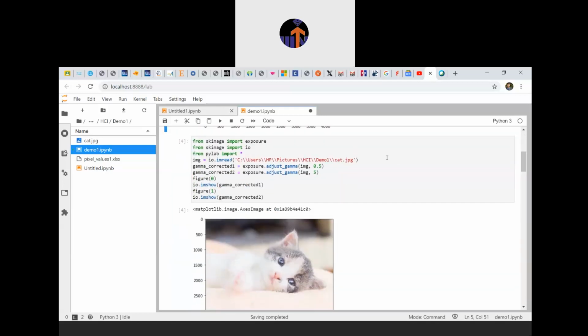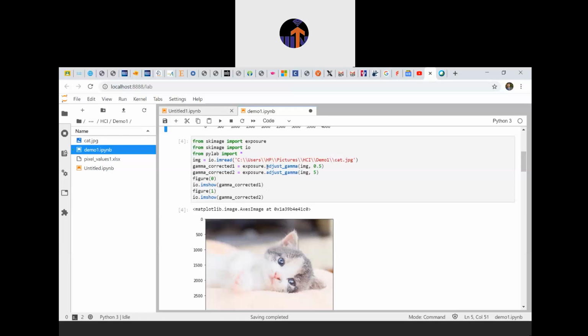Now the gamma correction. If you remember, I told you gamma correction is used to increase or decrease the brightness of a particular image. So after reading the image you have to mention one object that is gamma_corrected1, or you can write any name. Then you have to call the exposure module, and inside you have to call the method called adjust_gamma by using the dot operator.